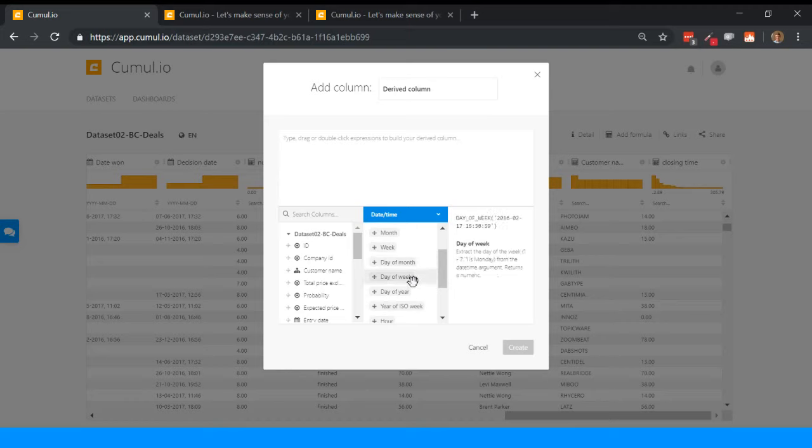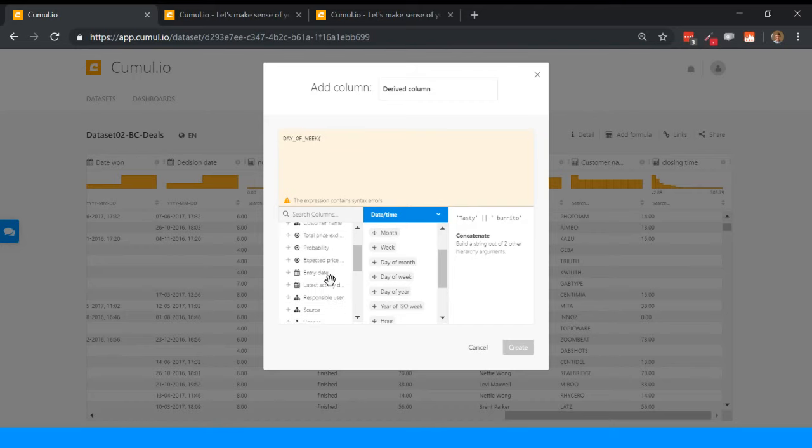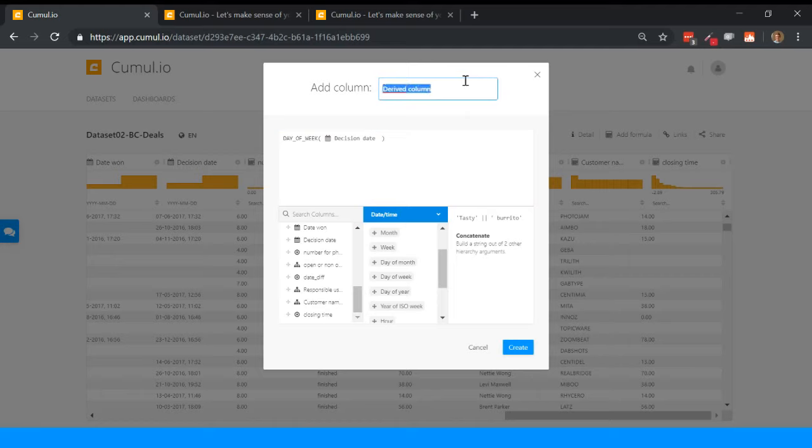And the day of the week is something that can be useful to know, and I'll show you in a minute really which days are having the most deals won, or on which day do we lose the most. How you can use day of the week is you can just write it, or you can select this via a drag and drop system. And I'm going to say day of the week of the decision day. Decision day is the day when they close the deal, no matter if it's won or lost. And it's the day of the week,